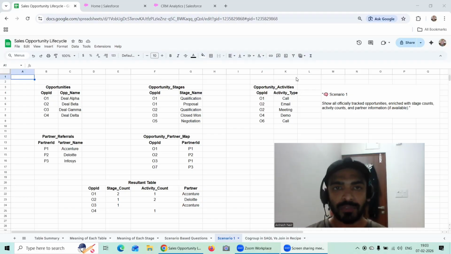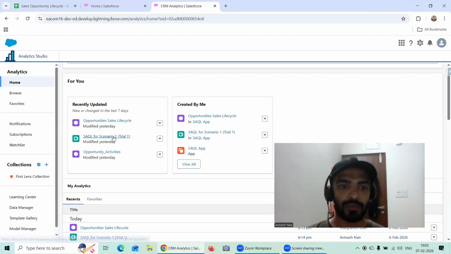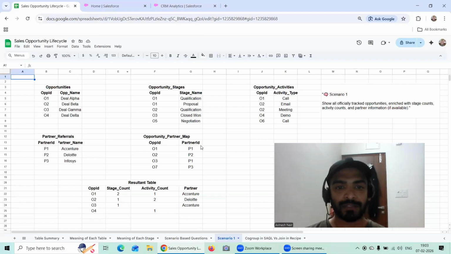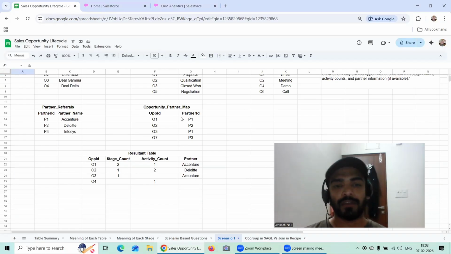So basically in today's video, we will try to completely solve scenario one with the help of a recipe. Of course, we already understood that this was the resultant table which we need. And we also understood that via co-group that wouldn't be possible because it creates a bag. The problem is, for example, this Accenture, we won't be able to get it in the row O3. For the OppId, we won't be able to map that Accenture because co-group, as we have already understood,